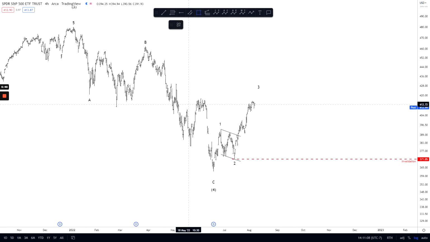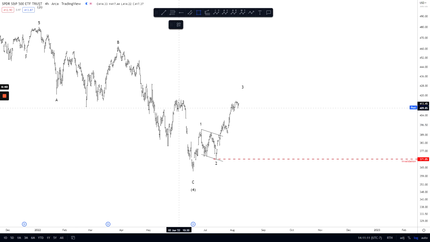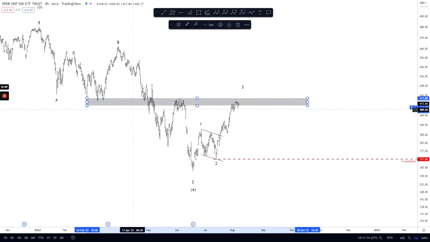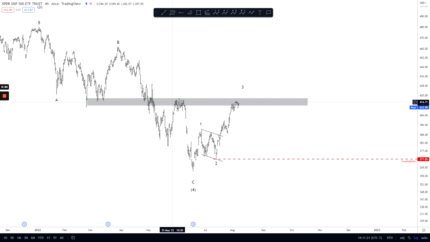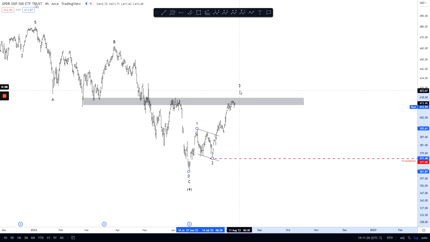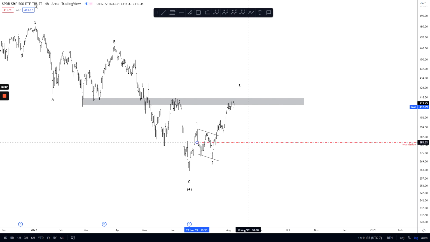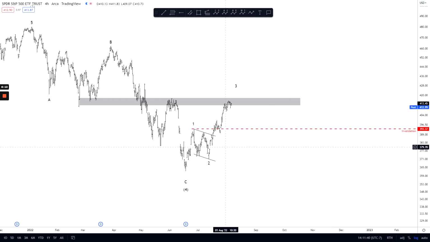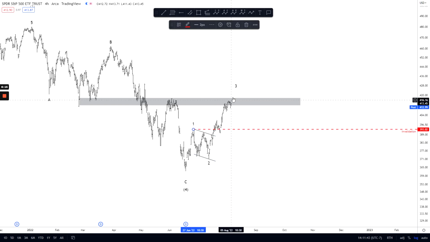So if we continue to look aside from the wave principle for just a second, we can see a support turned resistance zone here. Prices bounce, let's say 1, 2, 3, 4, 5, a handful of times in this area, and price is in this level now. So this would be a very important level to watch in the S&P, around 410 to 420 or so. And for those of you, again, who know Elliott wave, we can move our stop loss here. If this is in fact a wave 3,